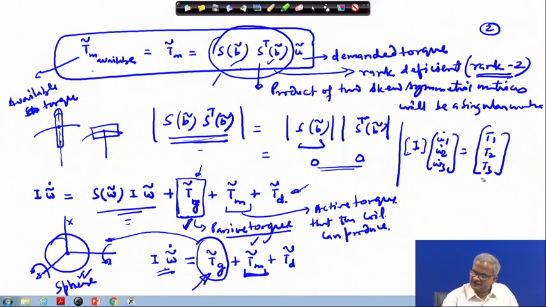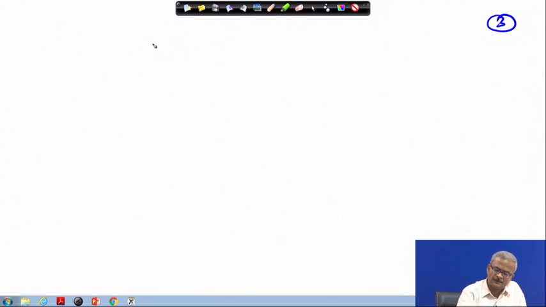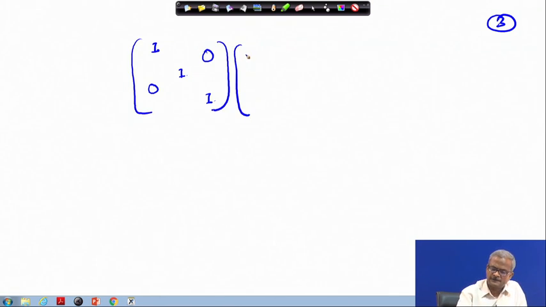So, if I have any of this T 3 equal to 0, suppose, let us say this is 0. In that case you will not be able to change this value omega 3, and here let us say we write it like this, I 1 will go on the next page, I times. So, this is I 1, I 2, I 3 which are all equal. So, we will put this as I and all other elements are 0 off diagonal terms, and here you have omega 1 dot, omega 2 dot, omega 3 dot.